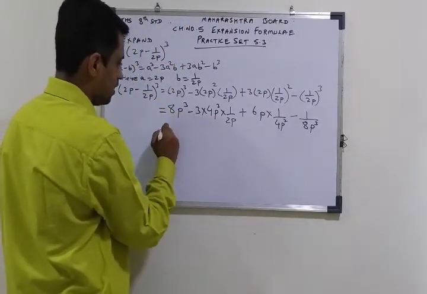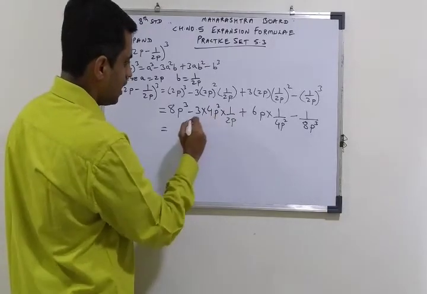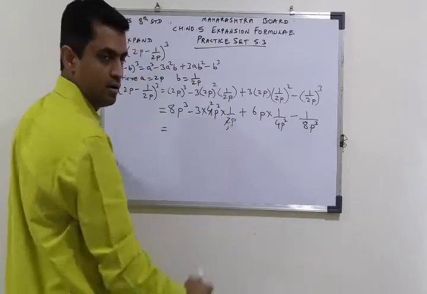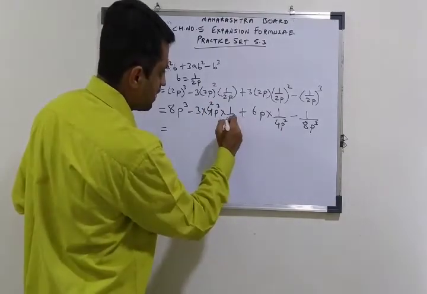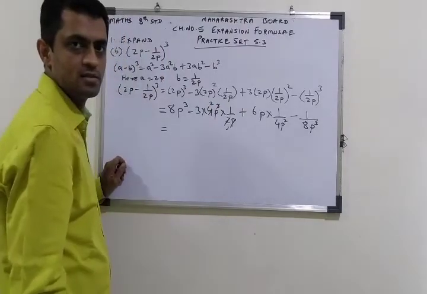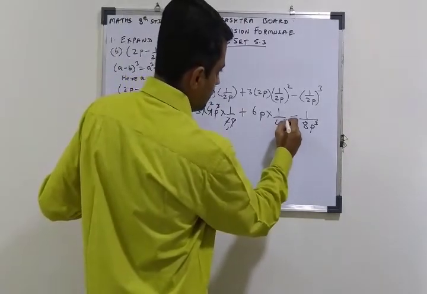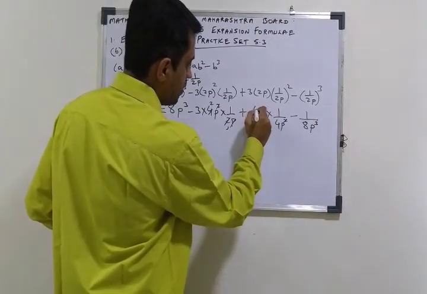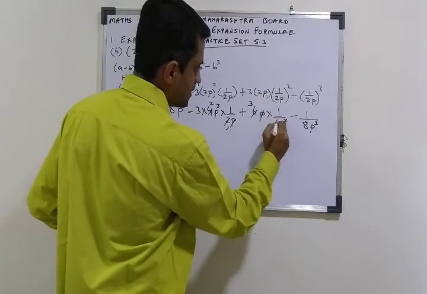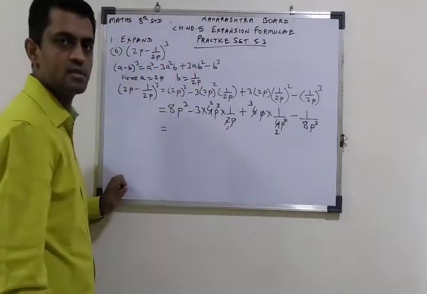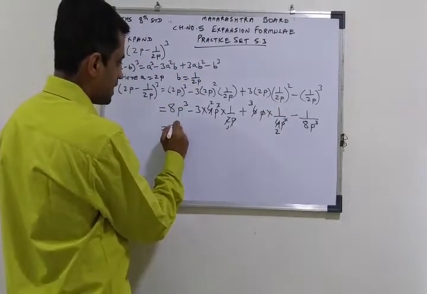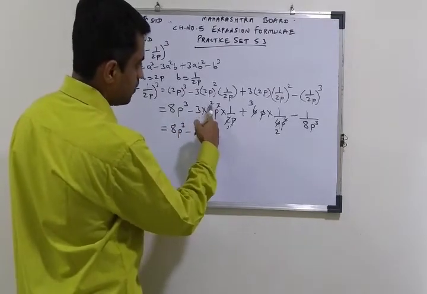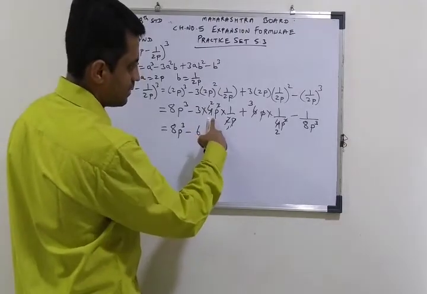Now let us solve further. Now here if you see, this will get cancelled. 2 1s are 2, 2 2s are 4. Yes. And here this p will get cancelled. 1 p will be there in balance. Similarly here 1 p will get cancelled. So 1 p is there. This also 2 3s are 6, 2 2s are 4. Yes, clear? Now let us write 8p cube minus 3 2s are 6 and this p is there.